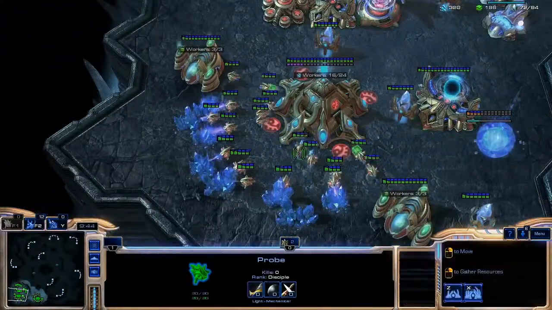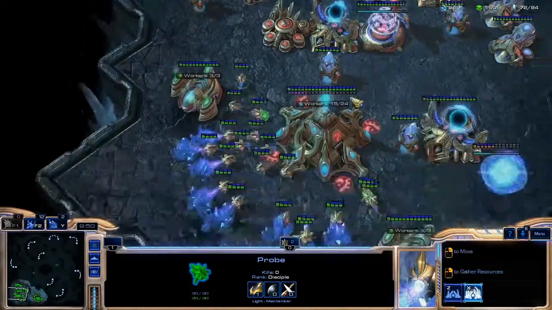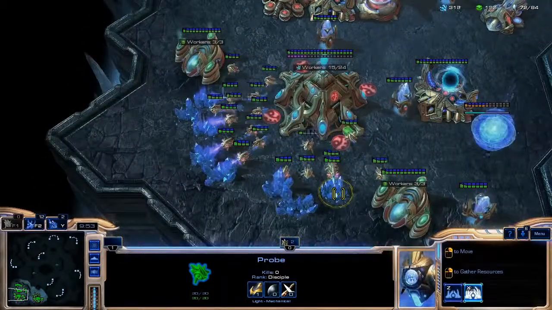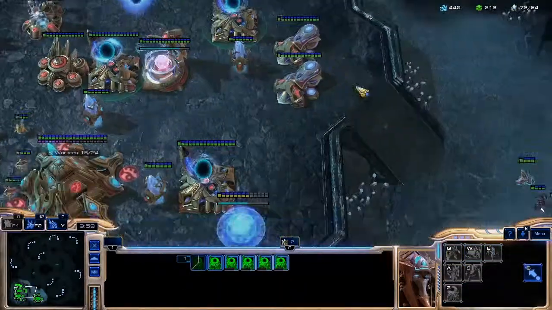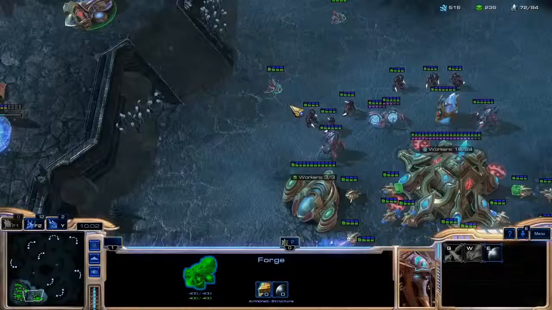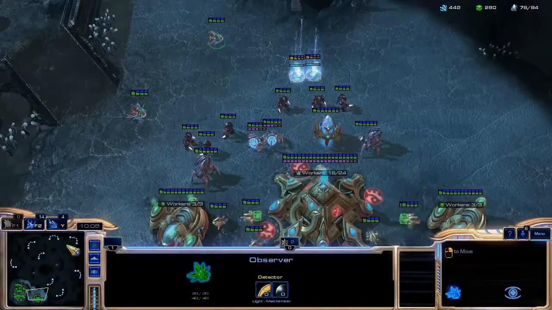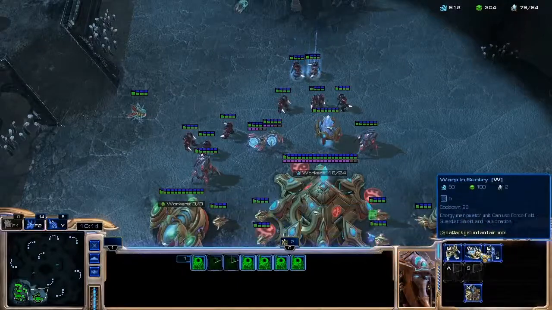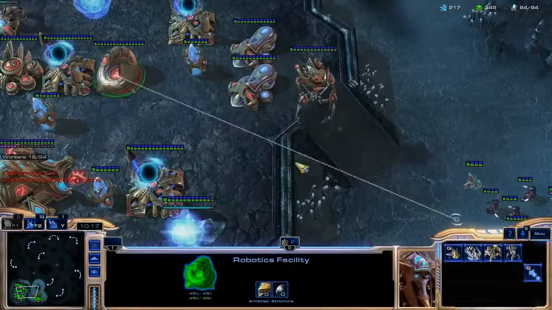I will be though getting one more robotics facility down, rallying my probe back to work, turning all of these to warp gates. Once these are done, we'll immediately start 2-2, warping in some more zealots, sending my observer across the map. You're not going to want a whole lot of stalkers. They're not that great in